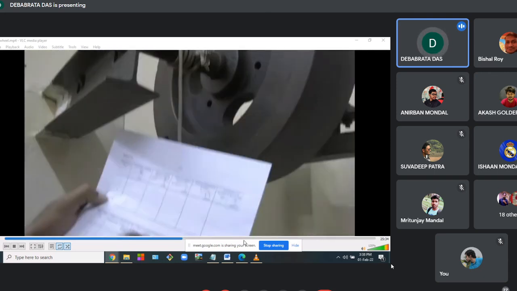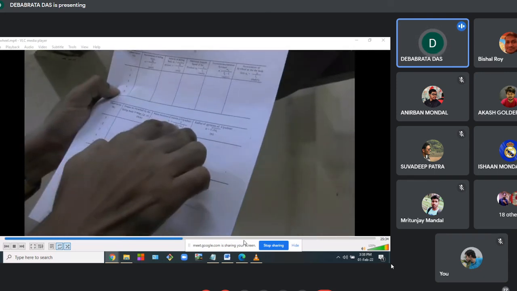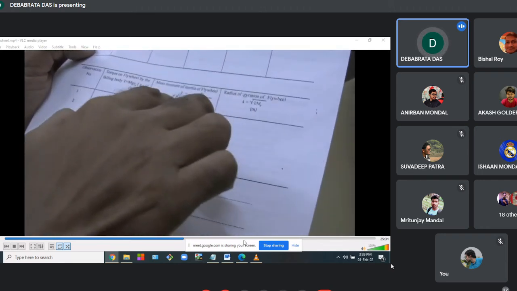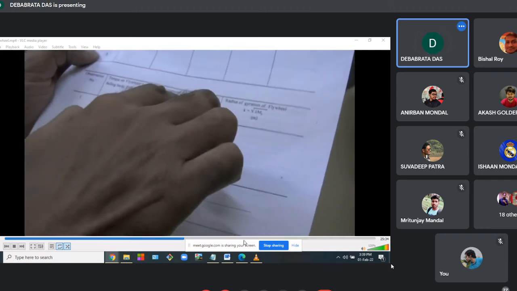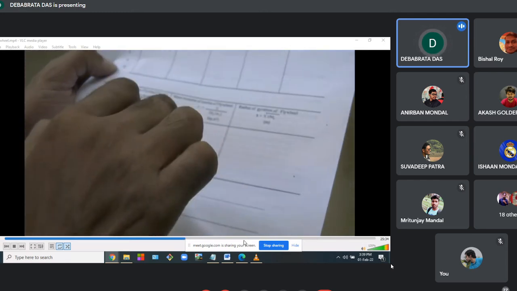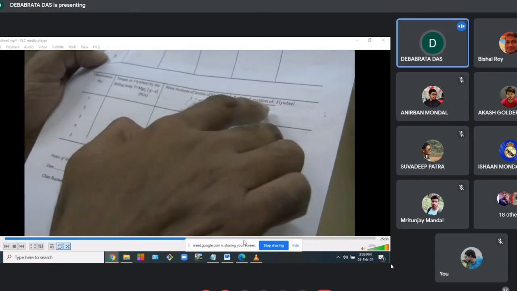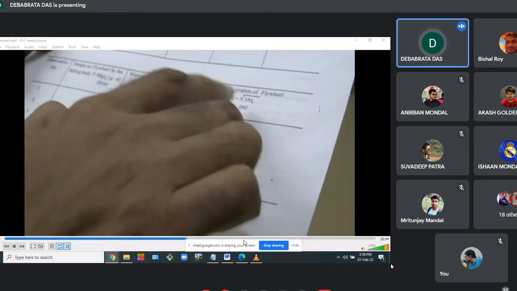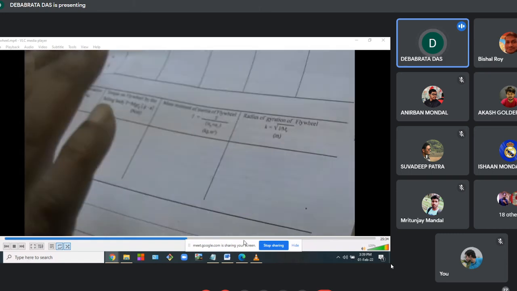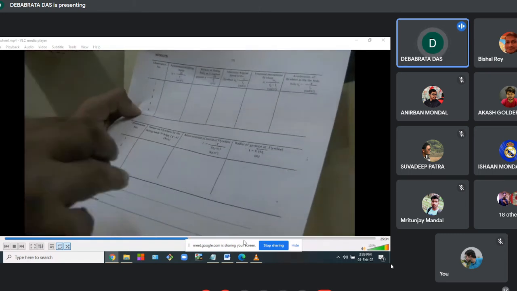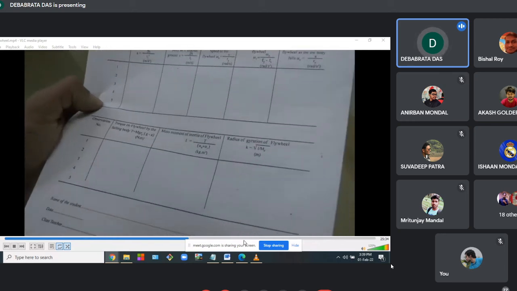Once you have this torque acting on the flywheel, and alpha 0 and alpha 1 already calculated in the previous table, using that expression, the third column, we can find out the mass moment of inertia. Unit is kg meter square. Once you have this I, then I divided by the mass of the flywheel, taking the square root, will give the radius of gyration in meters. All these calculations have been explained in your theoretical class in detail.